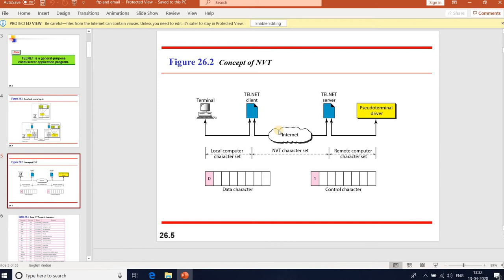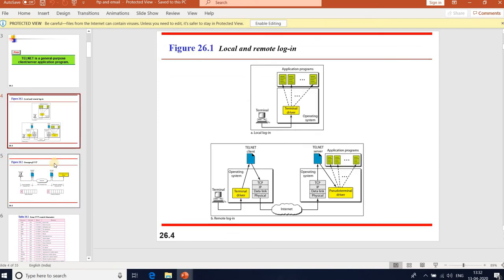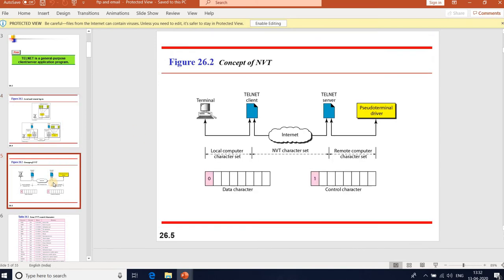How is the logging process done here? For logging in, each authorized user has an identification and probably a password. User identification defines the user as part of the system. To access a system, the user logs onto the system with a user ID or login name and password.